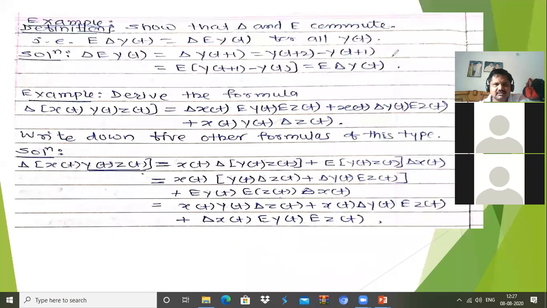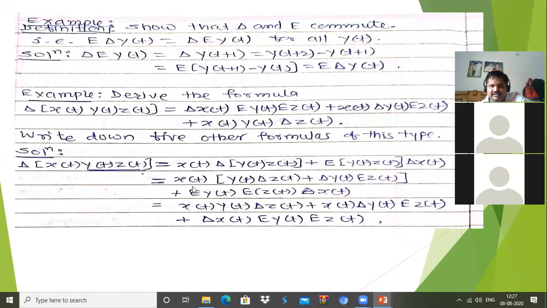Now for that, it is very difficult to write on screen, so I am thinking to purchase one pen tab so that you will get directly writing like pen. Okay, so I will purchase within 3-4 days, and it will be very good for teaching as well as for learning to yourself.